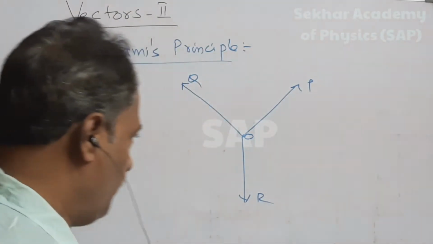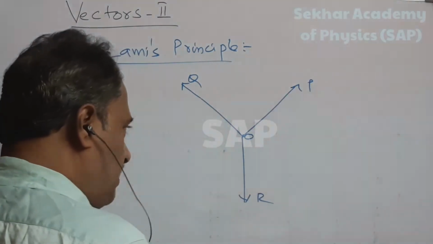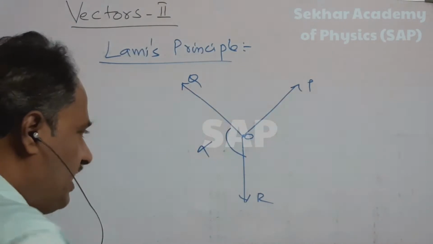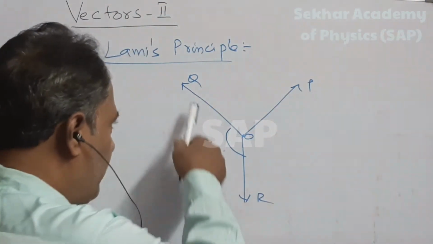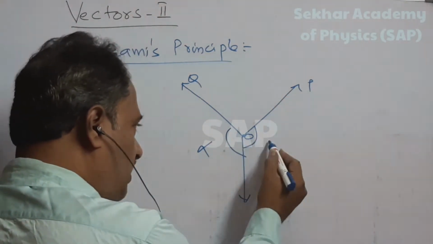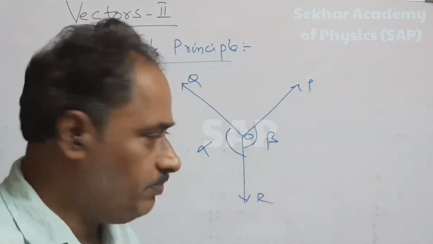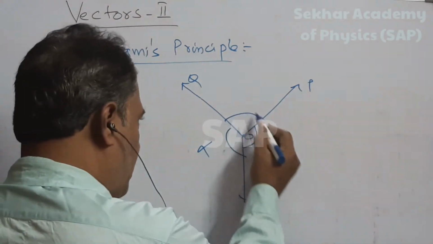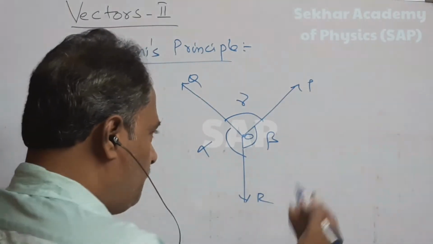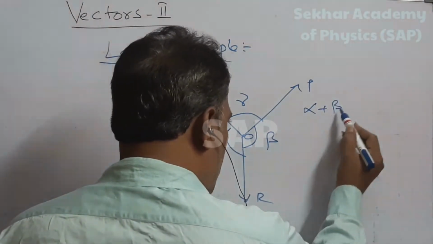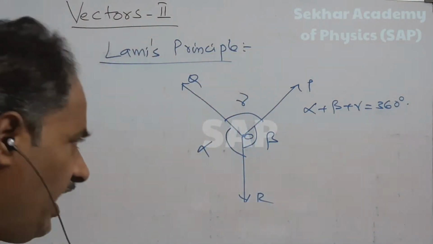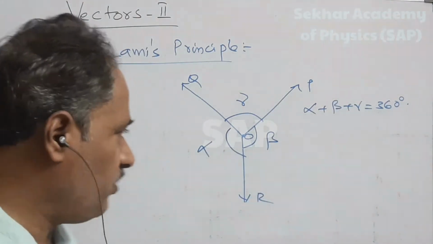is constant. For example, let it be P, and the other two forces are Q and R. Let the angle between Q and R be alpha. The angle between P and R, let it be beta. Similarly, the angle between P and Q, let it be gamma. Therefore, the sum of alpha, beta and gamma equals 360 degrees, and by means of Lami's principle,